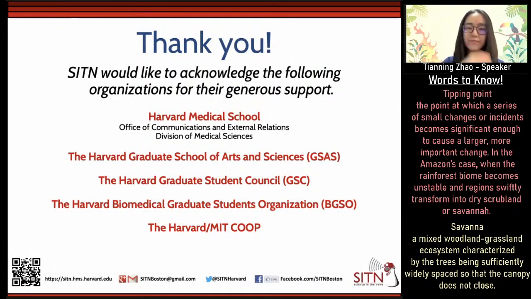Another question is kind of related. Are the scientists that work in the Amazon mostly local? If not, do they bring funding from their own countries or institutions to help with the growth in these regions? Yes, that's a very good question. Starting from the 1970s or early 1980s, scientists from all over the world started to come into the Amazon to help in terms of the technology as well as the funding support.